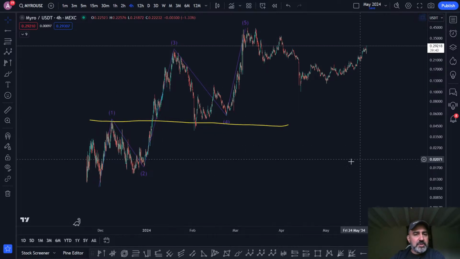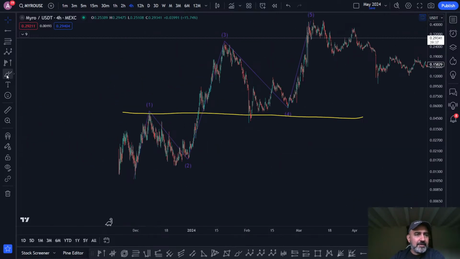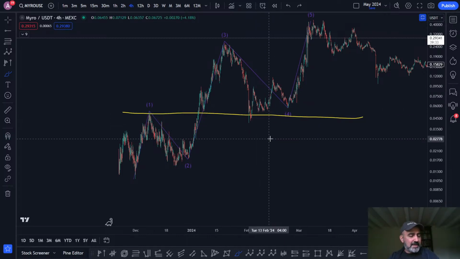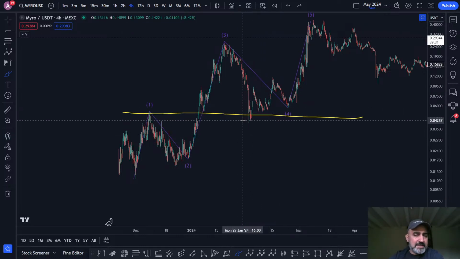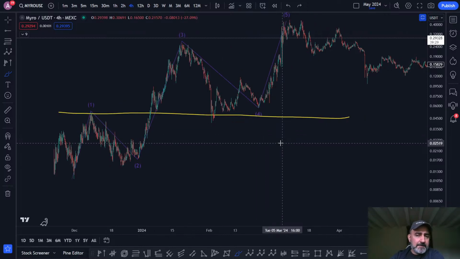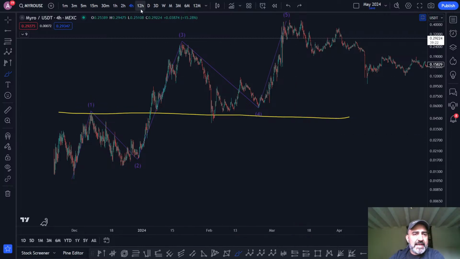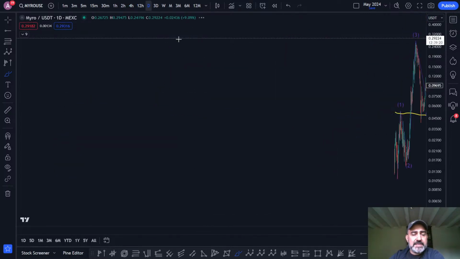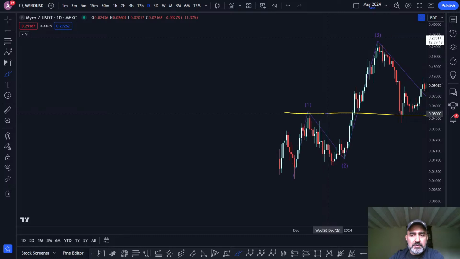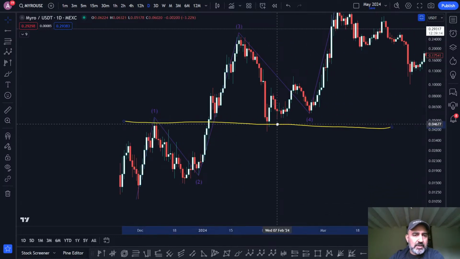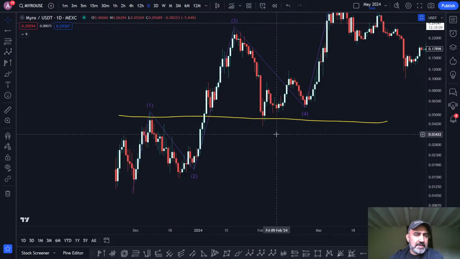Now in crypto, you're going to get this kind of thing, which may put you off, which may make you think, wait, this isn't validated, but it is. In crypto, you get a little bit of overextension. You get wicks, a lot of wicks. What you're really looking at are higher time frame closes. That will help you a lot. If you look at the closes on the daily time frame, you see actually it doesn't come underneath the 1. Do you see that?